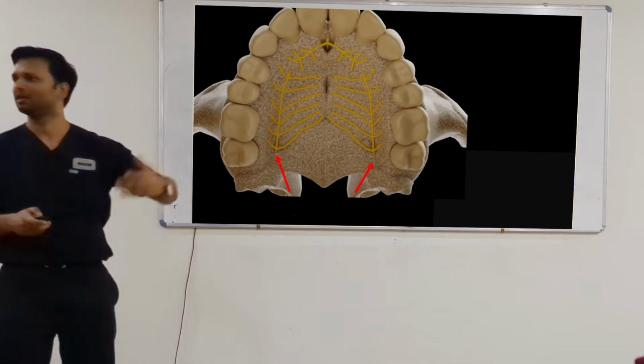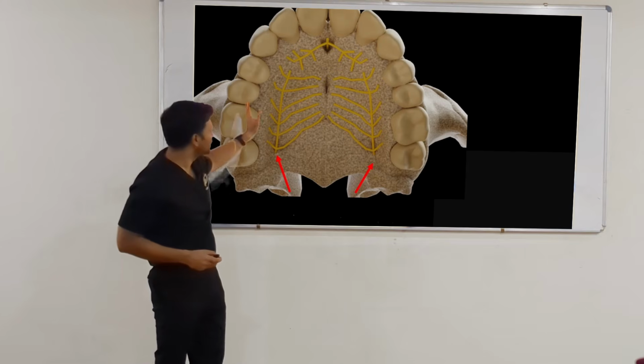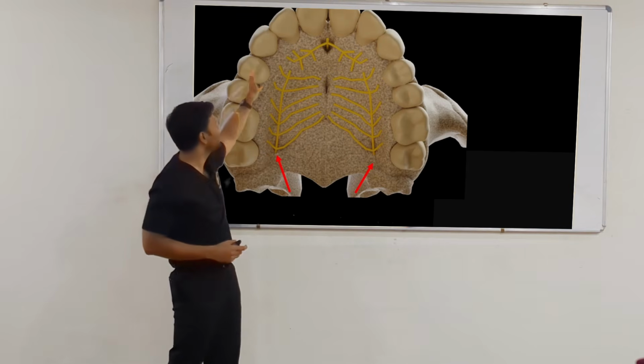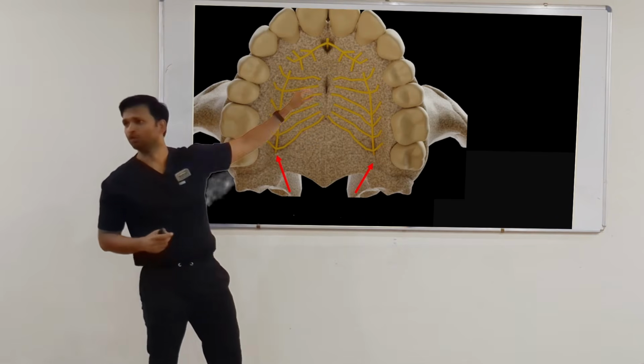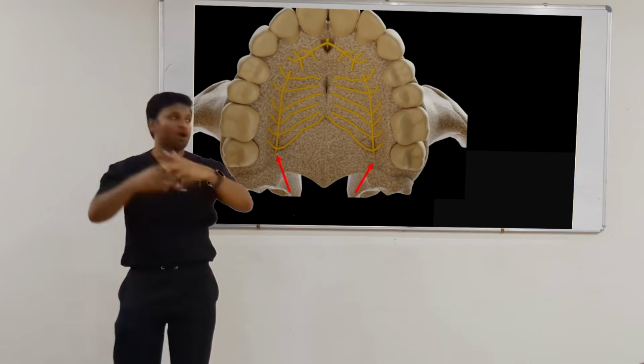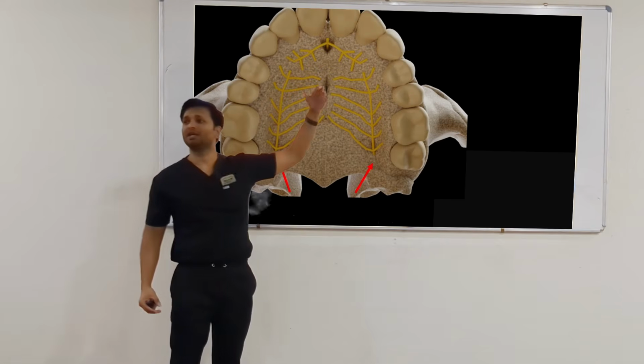It supplies the alveolar bone and the palatal bone and the overlying soft tissue, that is the periosteum and the mucosa. Okay? Now we know the alveolar bone to the midline, mediolaterally, but anteriorly, how far? Till the medial aspect of the first premolar. But the problem here is that we have the anastomosis of the fibers from the nasopalatine nerve and the fibers from the greater palatine nerve.